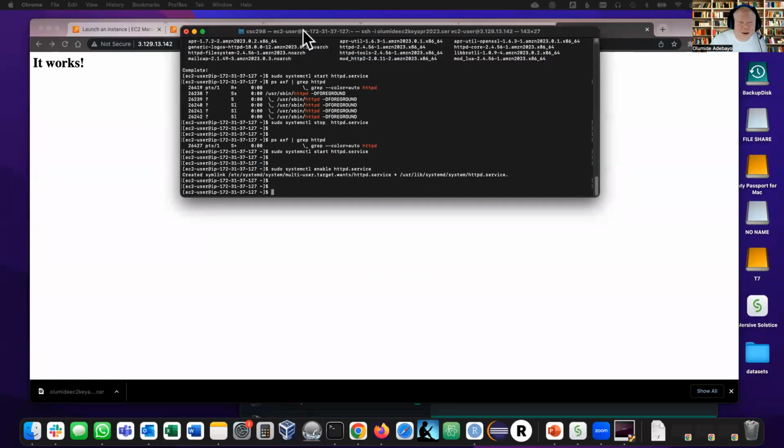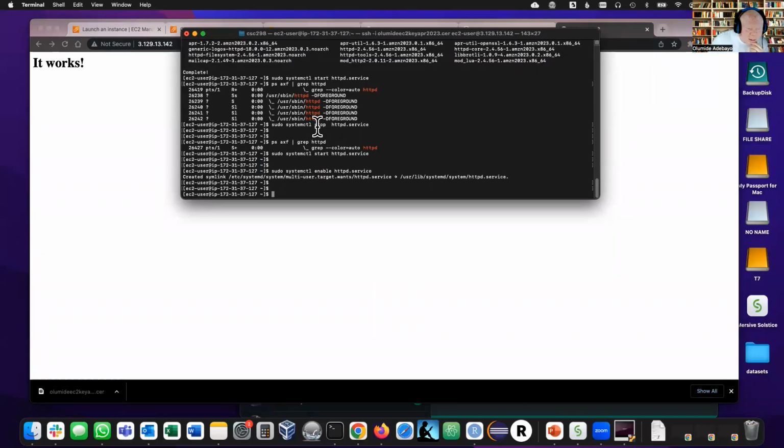Let's try something real quick. This is not necessarily a step you need to do. If you've ever used Emacs, Nano, VI, or Pico, you can use any of those four. For me, VI is what I like. So I'm going to change the default page here just real quick before we deploy our code. So instead of saying it works,